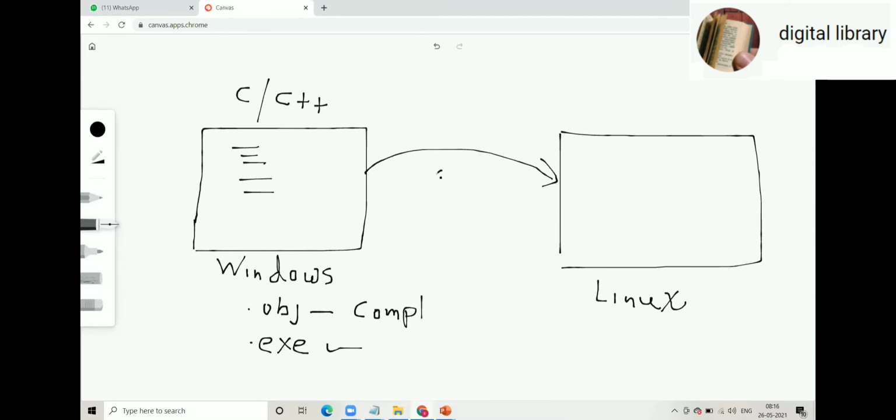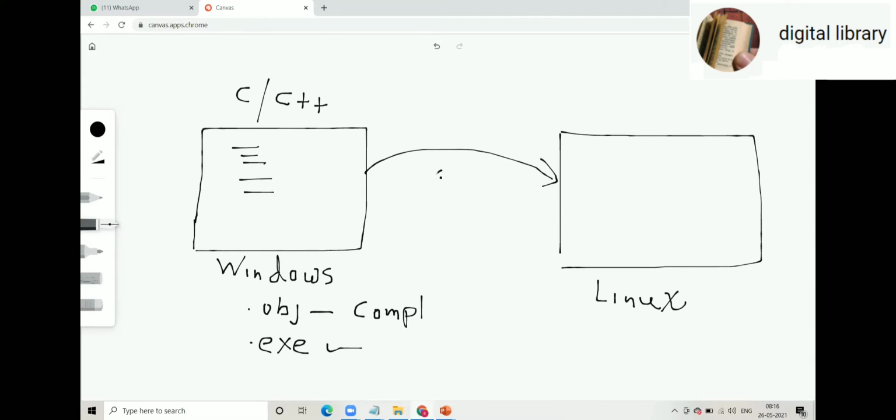platform. Why is it so? Because for the Linux platform, the C, C++ compiler is different. The C, C++ compiler is different for different platforms. So when you want to run the same code on the Linux platform, you need to first copy that source code on that machine and then compile it as per Linux. And then only you can execute it.